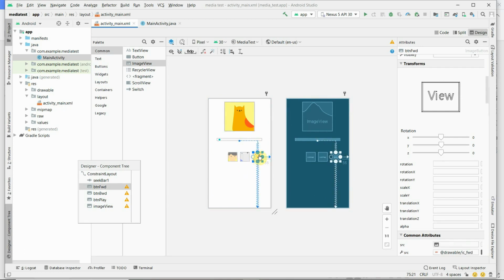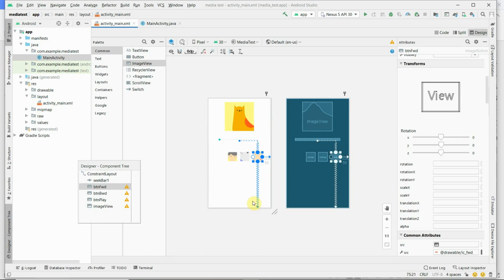Then another image view: top is fixed to bottom of the seek bar, and right of the image view is fixed to right of the parent, and bottom of the image view has to be fixed to bottom of the parent.